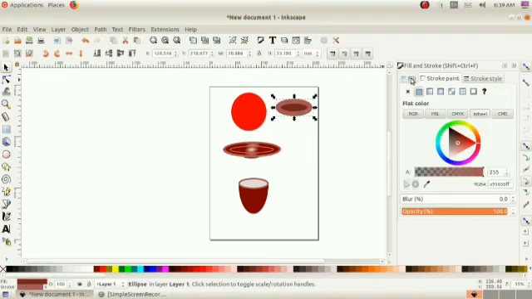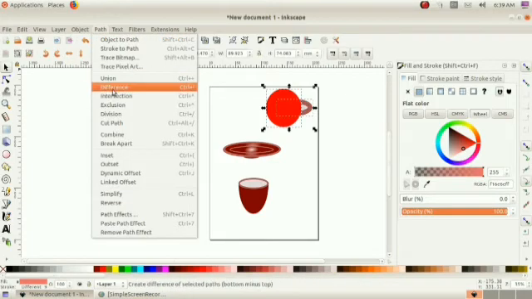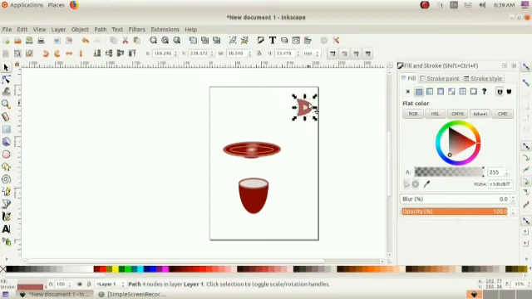Okay, then keep this circle here, and both circle, both objects you have to select and use the option path difference. Okay, then keep it. That thickness is too big, no? So once again let us reduce the thickness.